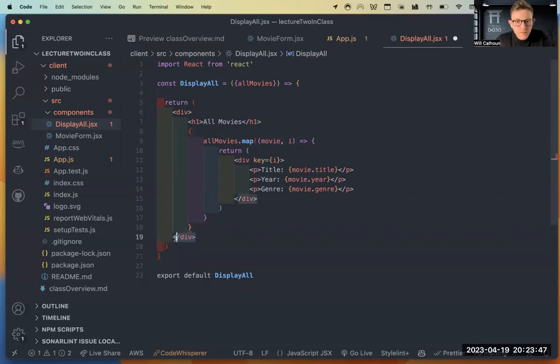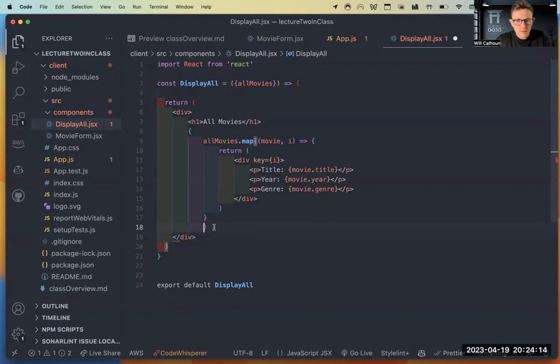Oh yeah. Okay. That's the co-pilot. It's because of this. Go back. That was the issue. And so it's saying, hey, this display all is done right here. So I had an extra bracket.